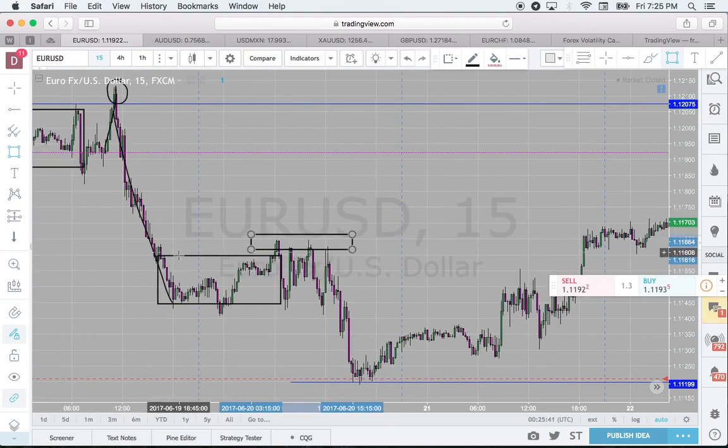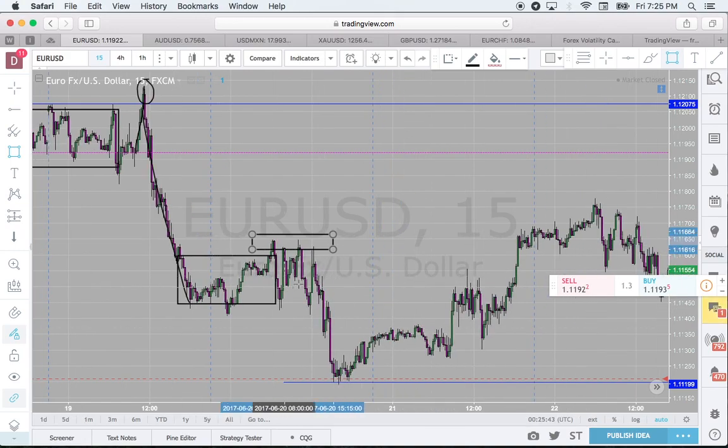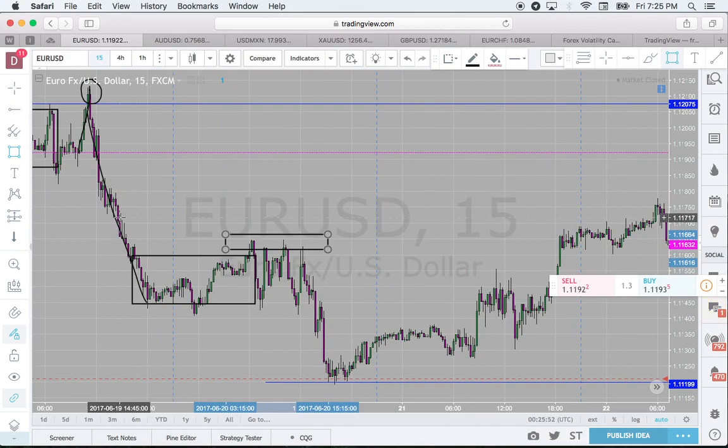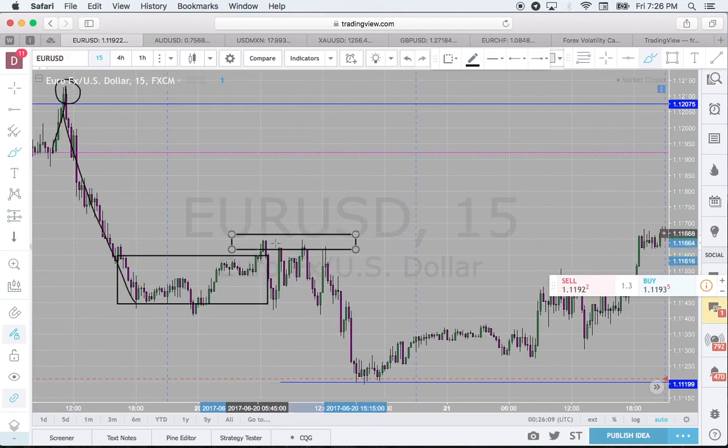So, each new day, the dealer has a new amount of pips to work with. The dealer traps the amount of liquidity that he needs in this area and then works the high of the day,